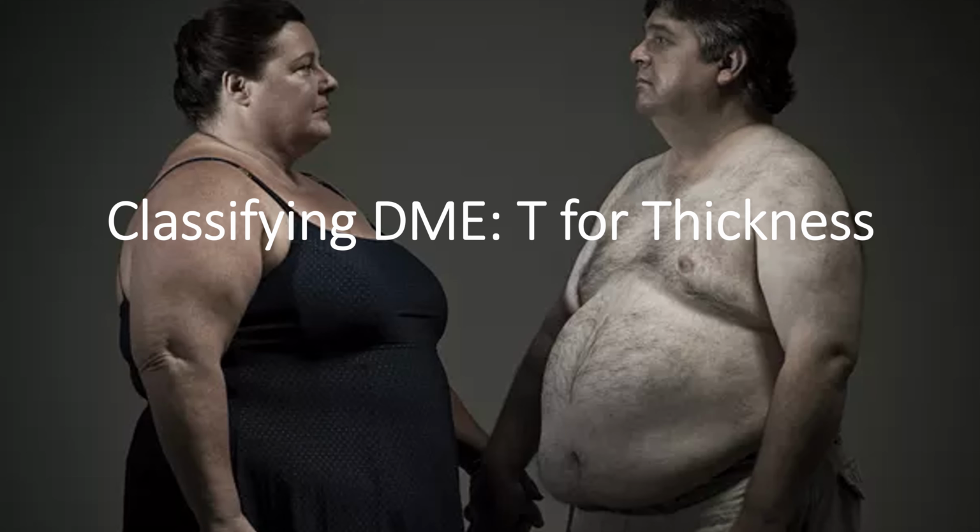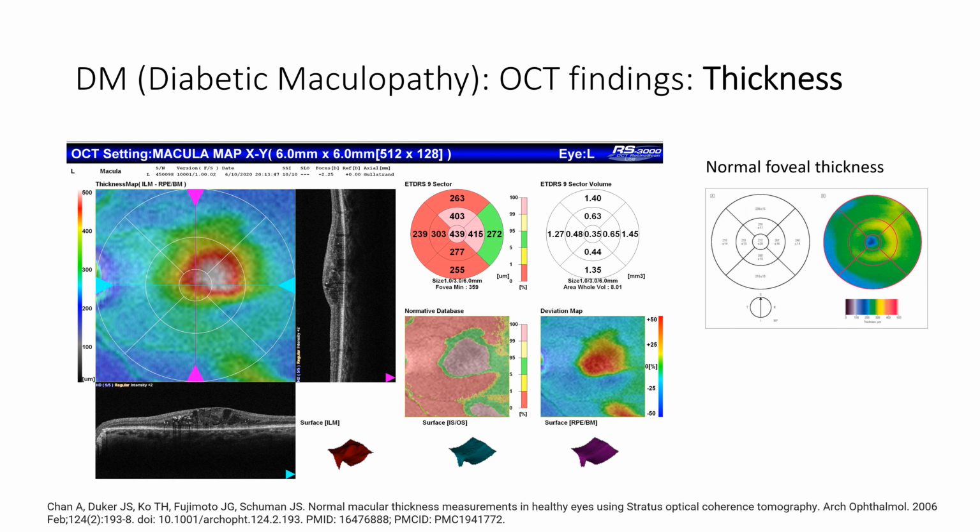So coming to each of these features, T for thickness. In this photograph we can see this is an OCT which shows as a cross section, and this is the area where there is edema, and we can also see an ETDRS 9 sector projection over this area which has been translated in objectively measuring the macular or retinal thickness and depicted here in each of the sectors. And so this is central subfield thickness or CST, and if this goes more than 300,